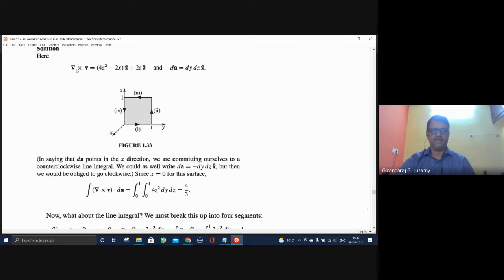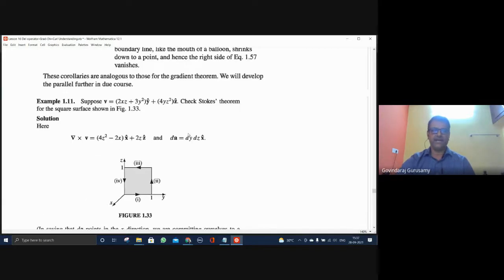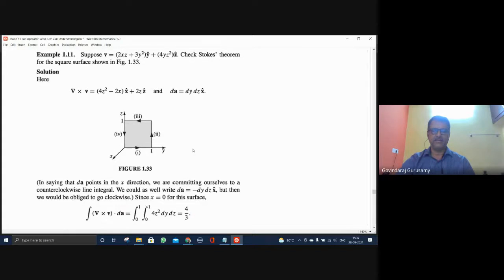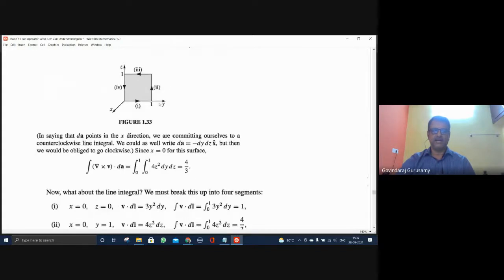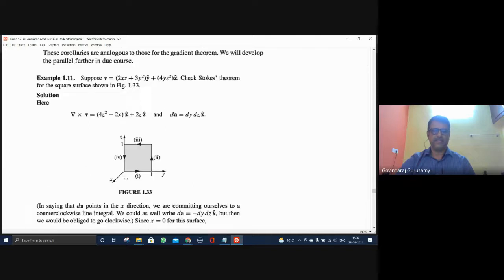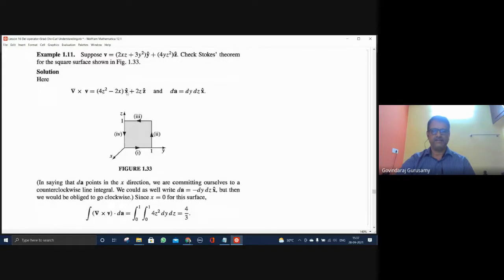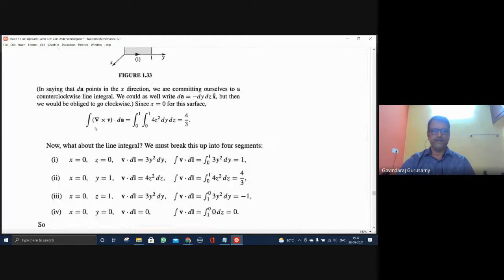So find out the del cross V dot dA, integrate over the surface, that's equal to the line integral around a closed path. So this is what is going to happen. Del cross V dot dA, integrate over the surface. Now we start from